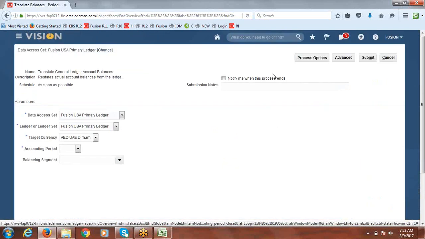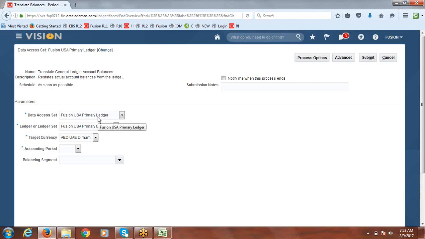So now by default, since we assigned the roles which are related to Fusion USA Primary Ledger to this user, system is defaulting automatically. We know once we create any ledger, system will create the data access set with the same name. The same system is selecting. System creates a data access set, but actual name is this is what we created. Both are same, and